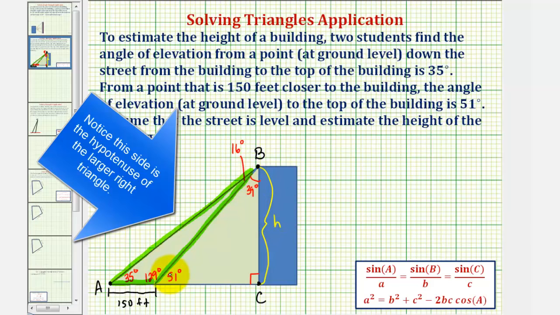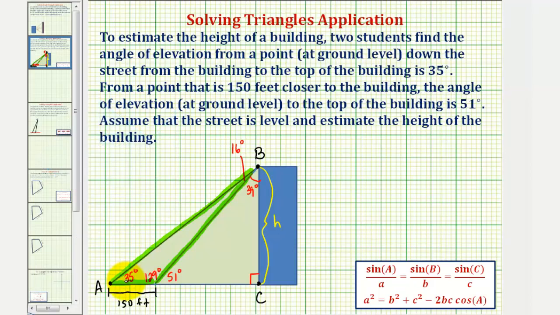If we can find the length of this side, we can then use right triangle trig to find h. So looking at this obtuse triangle, because we have the measure of the three interior angles, and we know the length of this side here, we can use the law of sines to find the length of this side, which we'll call side C. We can say the sine of 16 degrees divided by the length of the opposite side, which we know is 150 feet, must equal the sine of the angle opposite side C, so we'd have sine 129 degrees